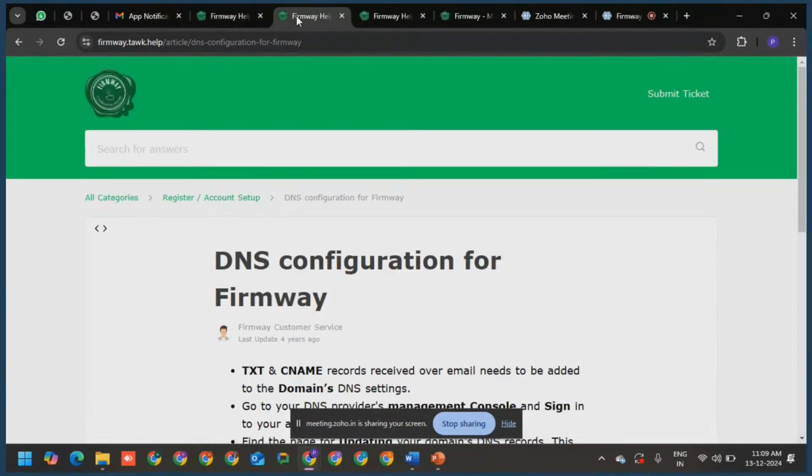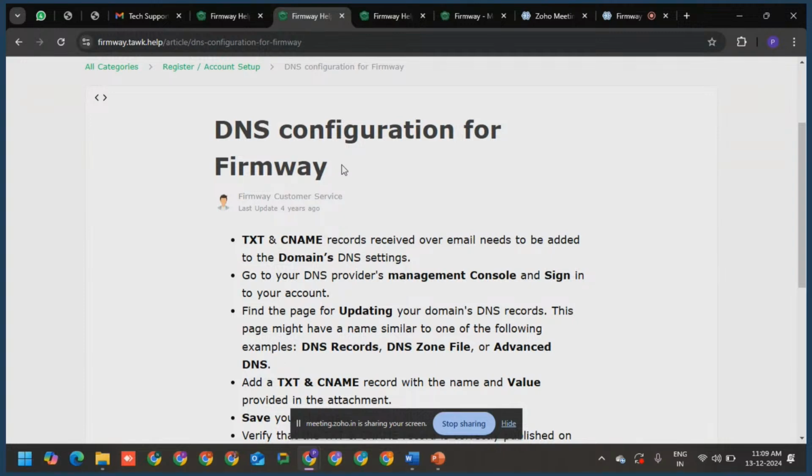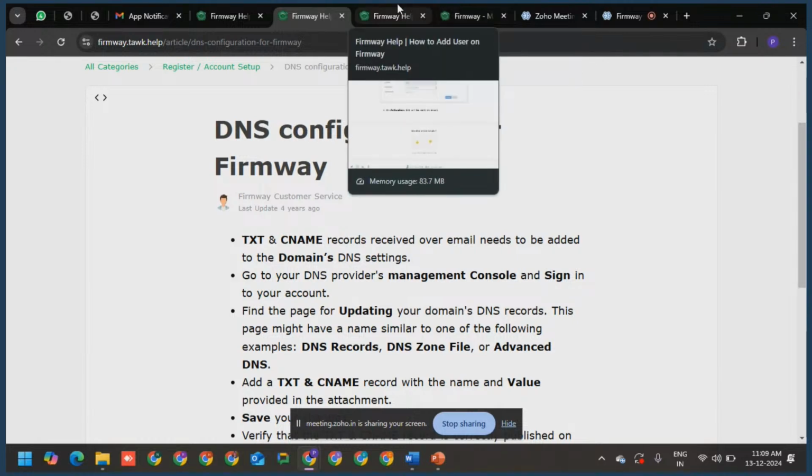Once the account setup is done, the first thing we need to do is the domain configuration, that is the DNS configuration. What is DNS configuration? Let me give you a